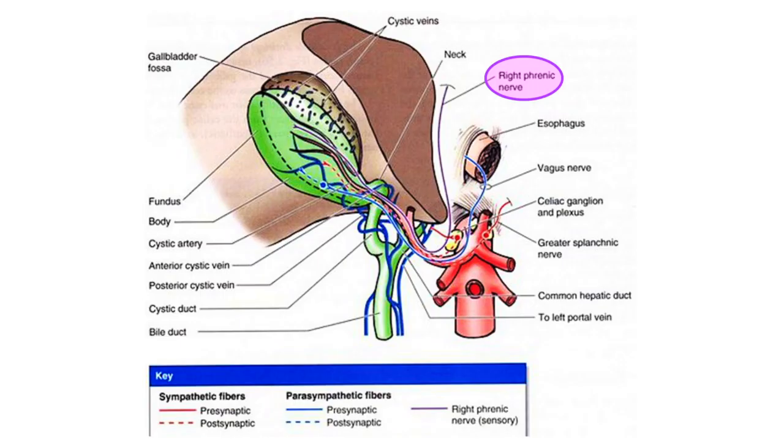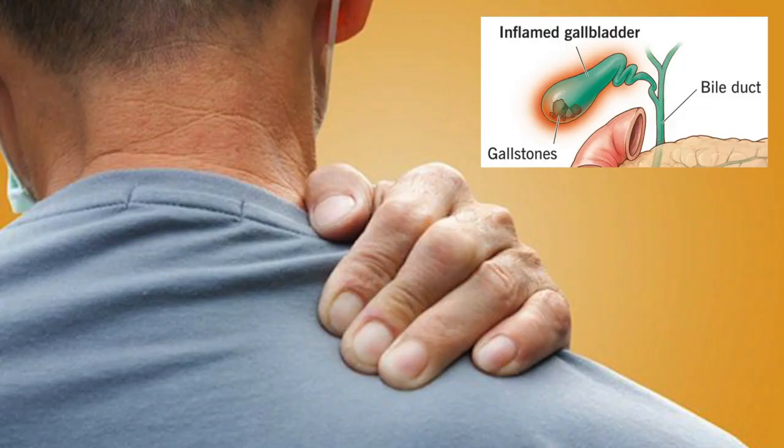These phrenic nerves descend down to participate in the celiac plexus as well, and from that celiac plexus, along the hepatic vessels, it ascends up to participate in the hepatic plexus and cystic plexus. So it supplies the gallbladder also. That's why referred pain from the viscera, meaning from the gallbladder, that's cholecystitis,